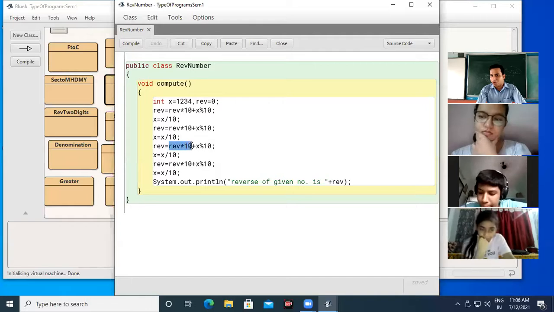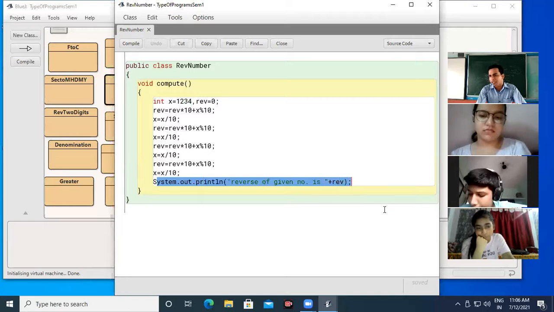Here 43 is the value. Sorry, 43 into 10 is 430, plus 2. That is 432. Okay? So 3 digits are reversed, and a similar process will be followed. After that, we are going to print the value of this particular number.